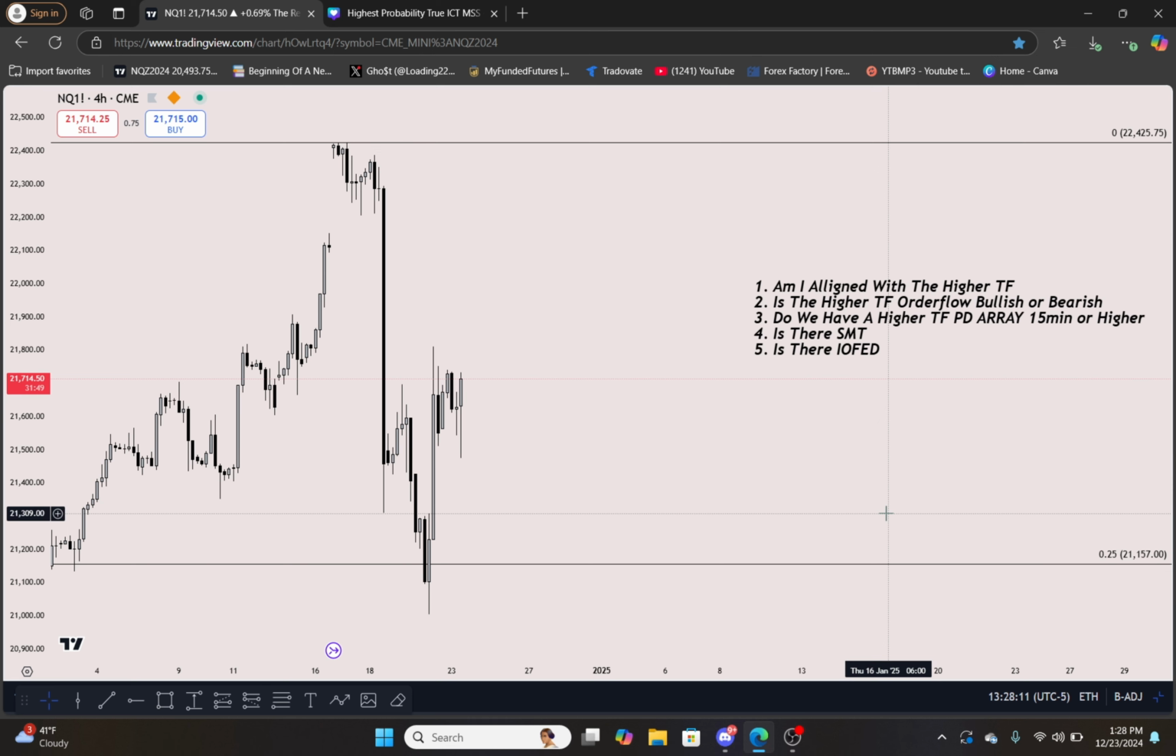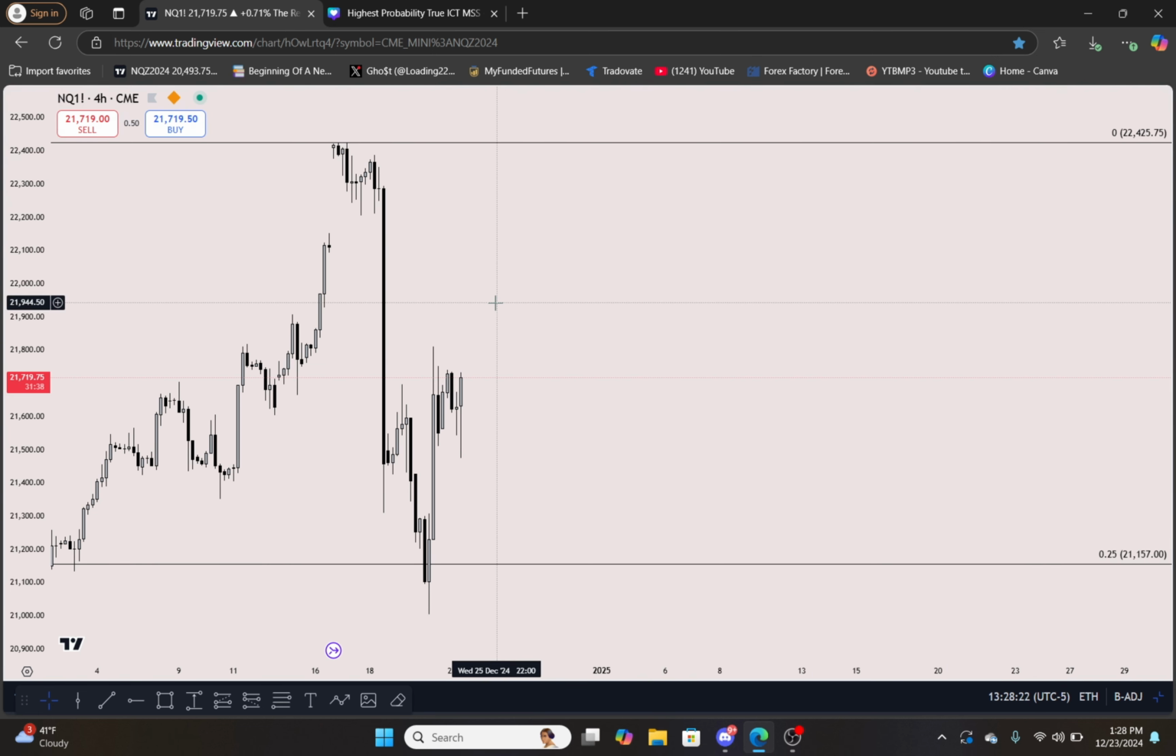Okay, is there an institutional order flow entry drill? Okay, or a true market structure shift pattern? That is our 5th one. Okay, so if we are going to go into a day like